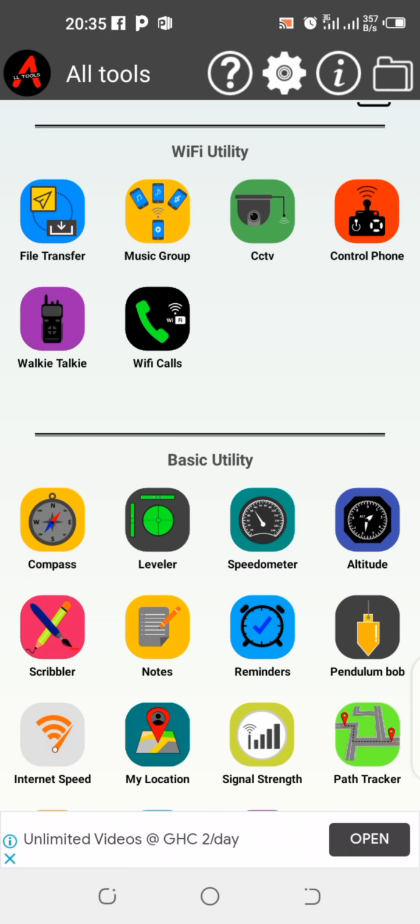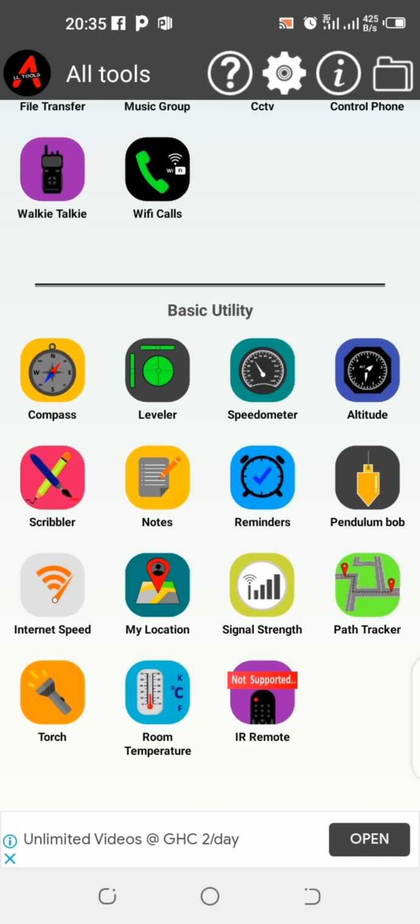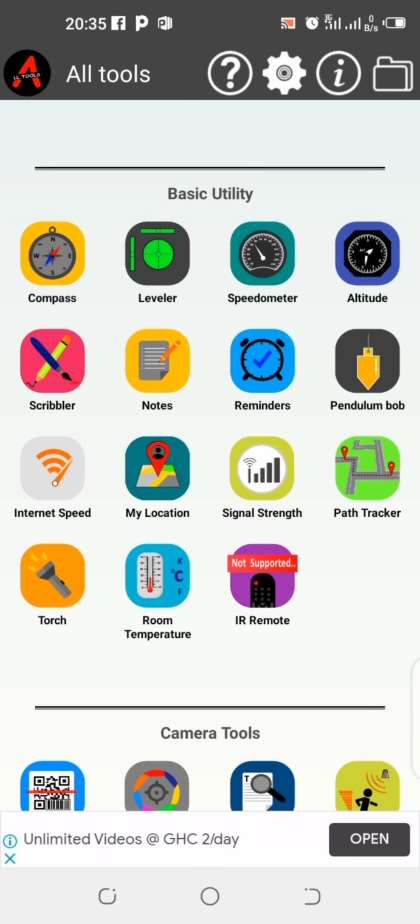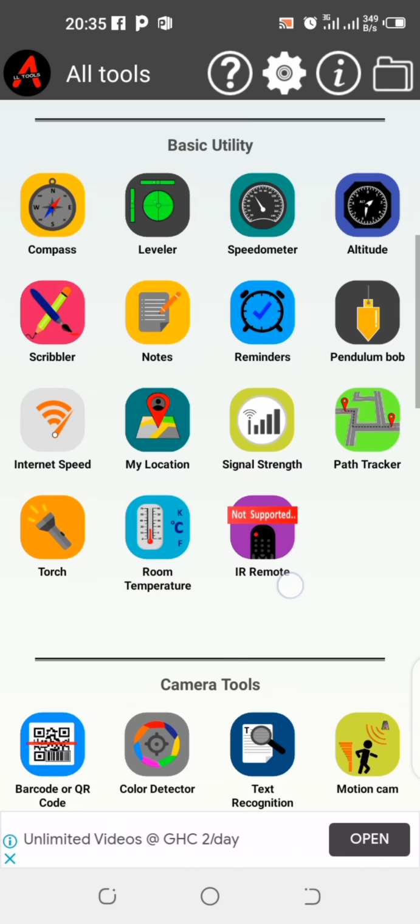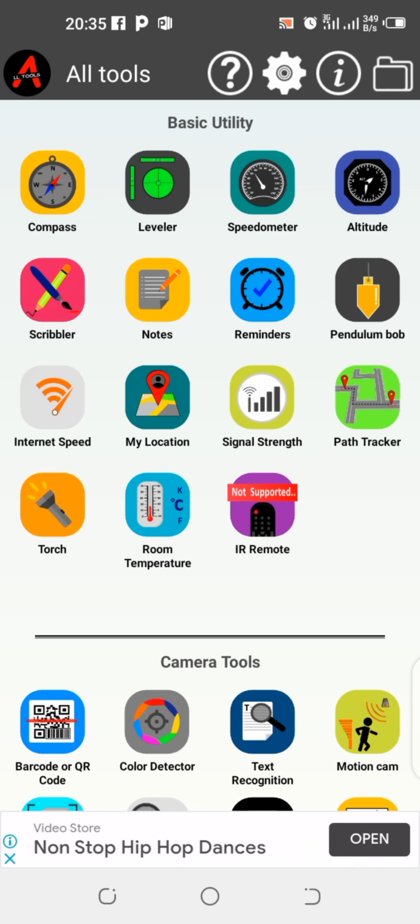The next one is basic utility, like compass, leveler, speedometer, altitude, scribbler, notes, reminders, pendulum bob, internet speed, my location, signal strength, pathfinder, path tracker, touch, room temperature, IR remote. So let's try